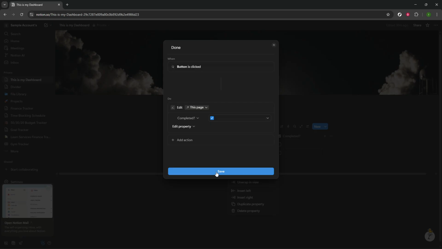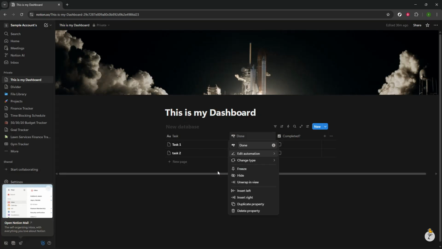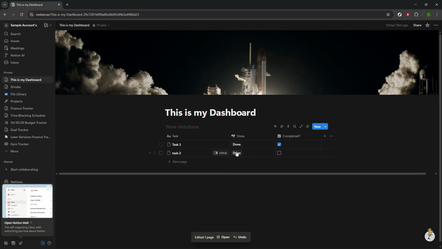Don't forget to save your changes by clicking on the Save button. Finally, click Done. Now every time you click the button, it will perform the action you've just set. The checkbox will automatically be checked in the completed column, making your workflow more dynamic. And there you have it, a straightforward and valuable way to use buttons in Notion, adding a touch of automation that can significantly enhance how you manage your